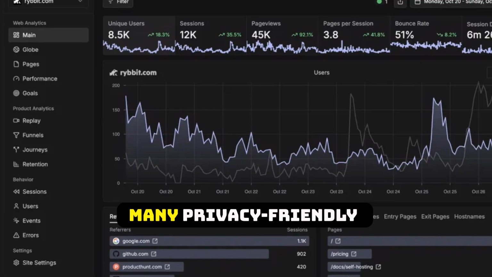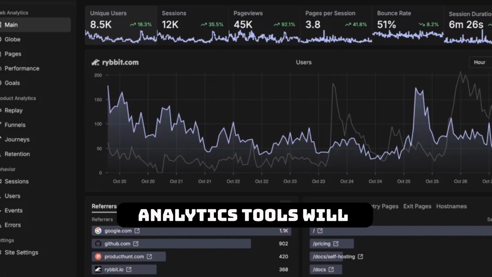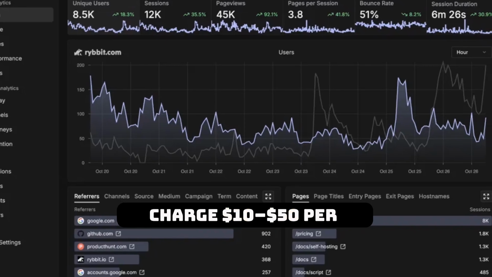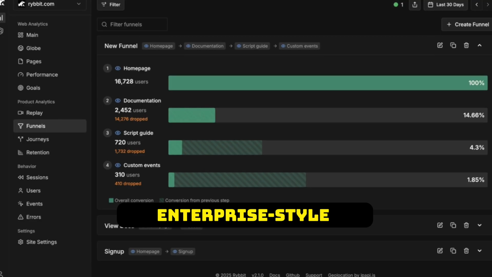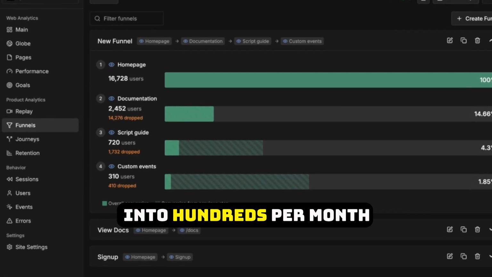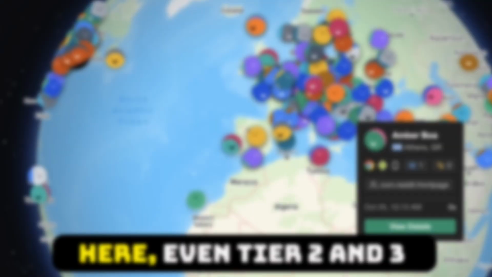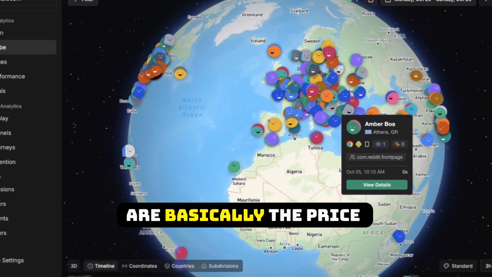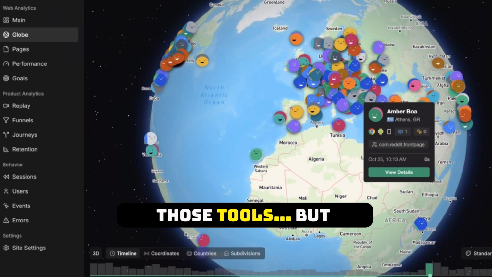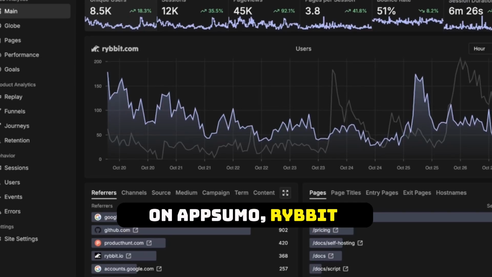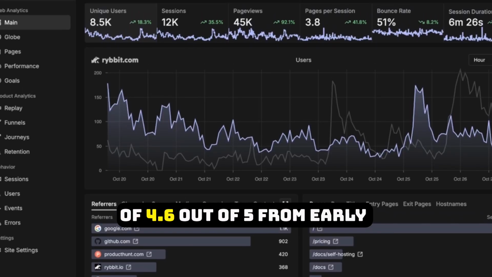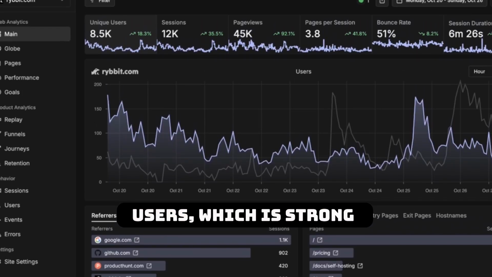To put that in context, many privacy-friendly analytics tools will charge $10 to $50 per month depending on traffic. Tools like Mixpanel or enterprise-style analytics can easily run into hundreds per month at higher volume. Here, even Tier 2 and 3 are basically the price of a couple of months of those tools, but they're lifetime. On AppSumo, Rybbit currently has a rating of 4.6 out of 5 from early users, which is strong for